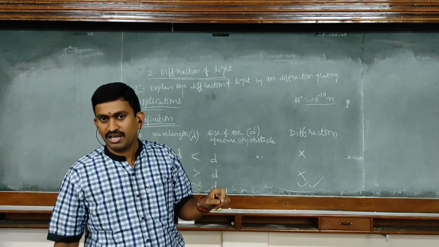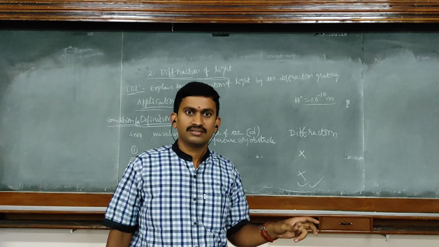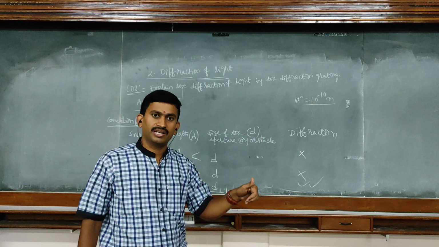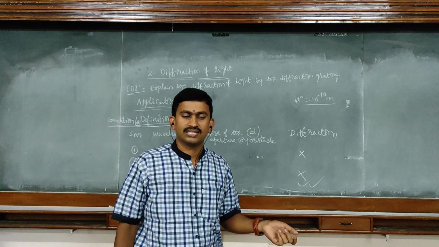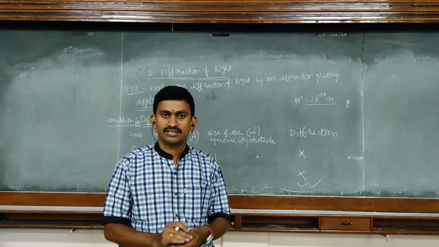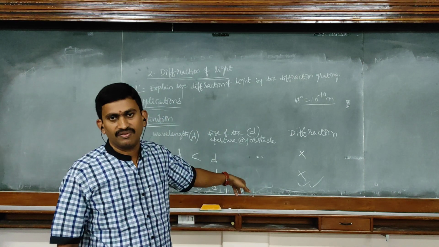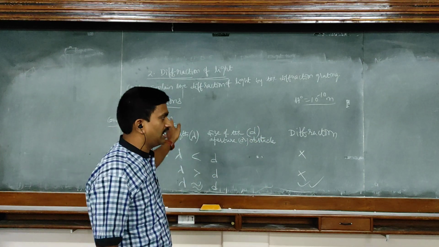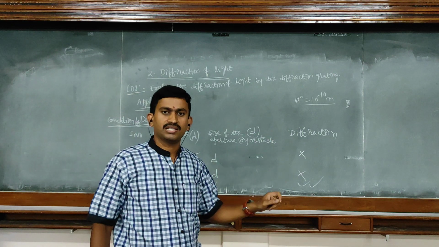This diffraction phenomena produces diffraction fringes or bands. That is similar to the case of interference: bright fringe, bright band, dark band, like that. We have diffraction fringes and diffraction bands. This is regarding the definition of diffraction, the condition for diffraction of light and applications of diffraction in real life as well as in our engineering sector also. So this many applications you have.